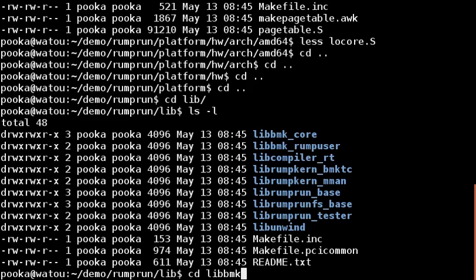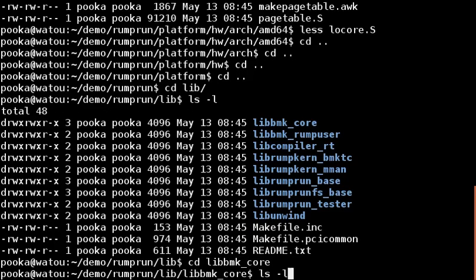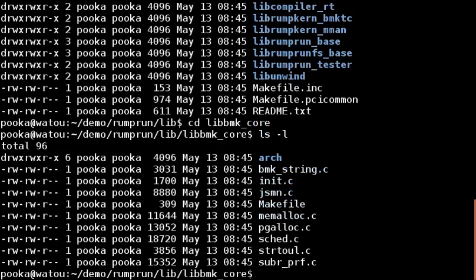So the scheduler is implemented in here. As you can see, there's not a lot of code in here. There's a memory allocator, page allocator, scheduler,